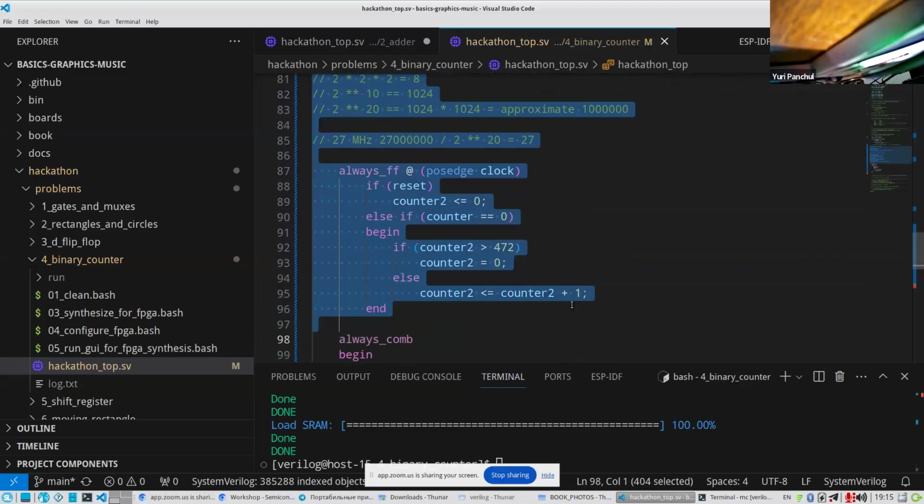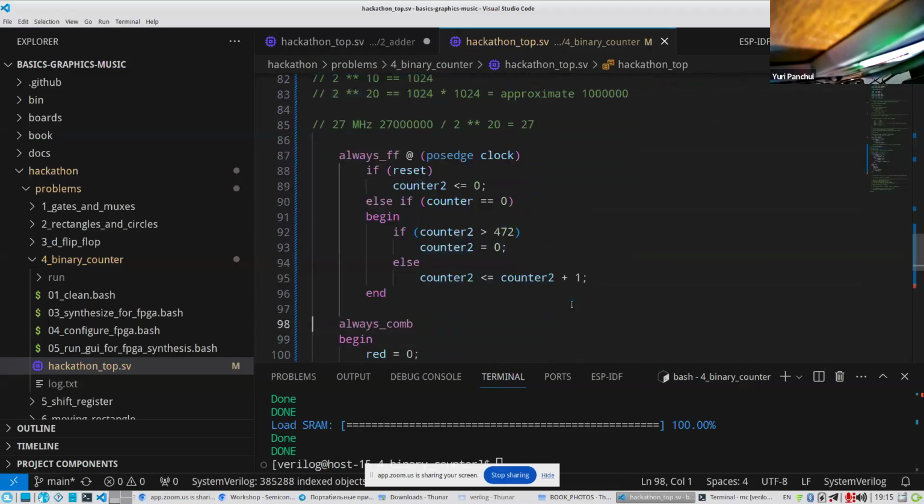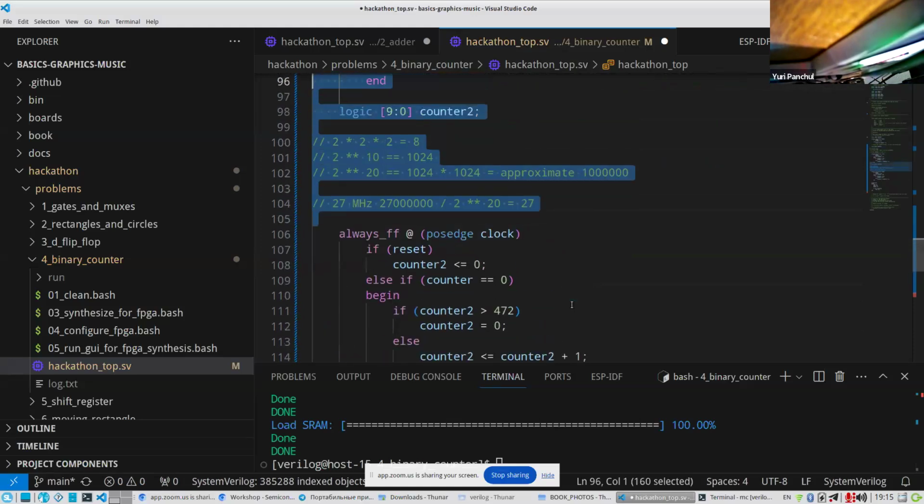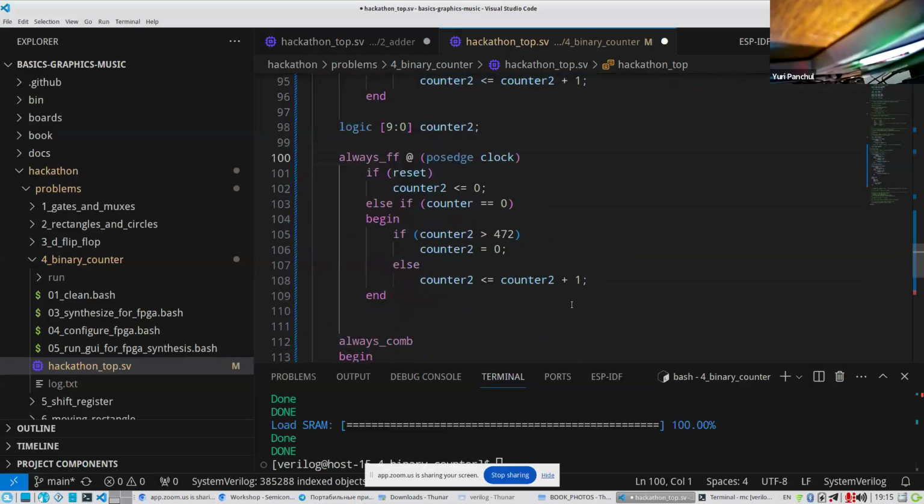So you can have two independent counters. So let's create counter C3, and if reset we put counter C3 to 0, and then if counter C3 is